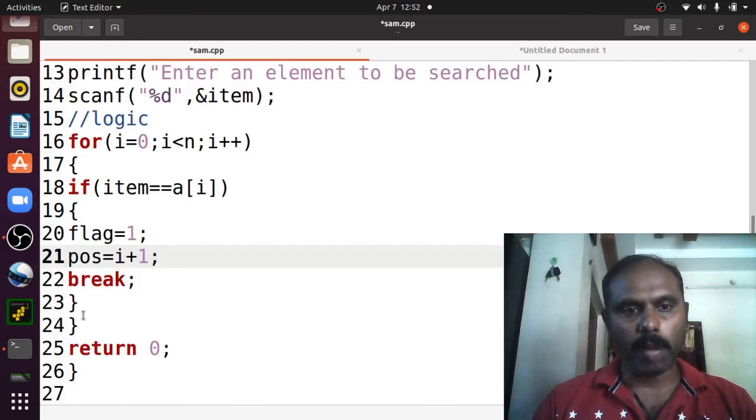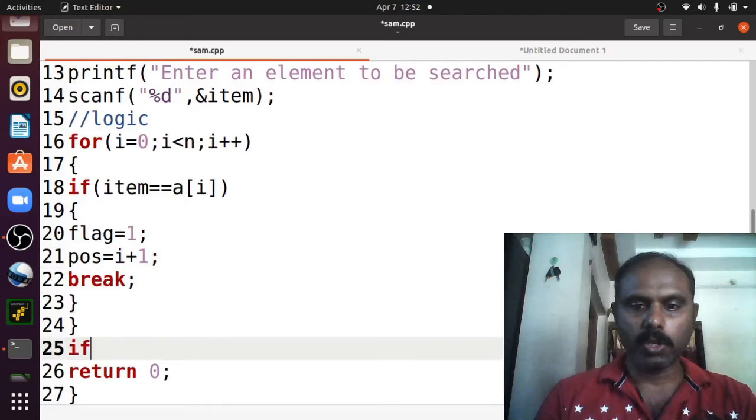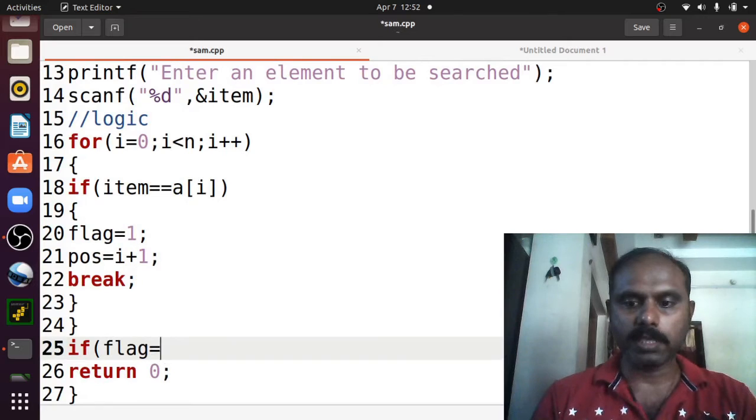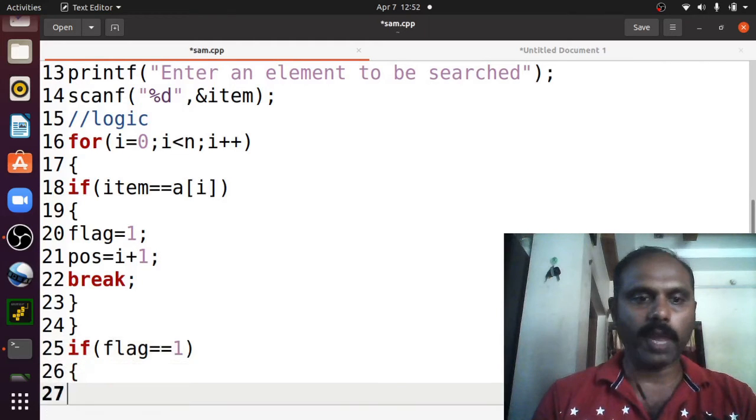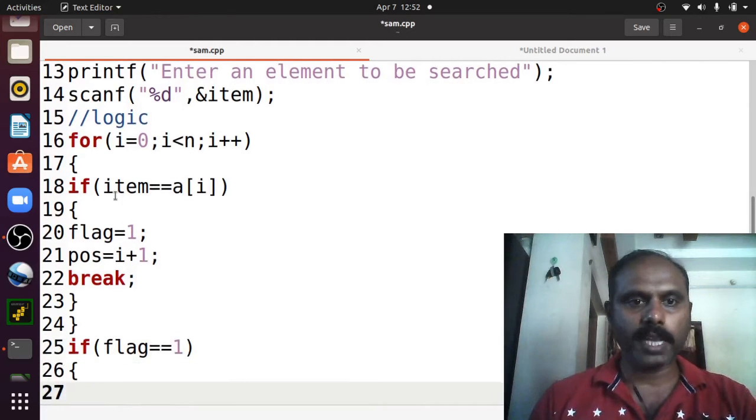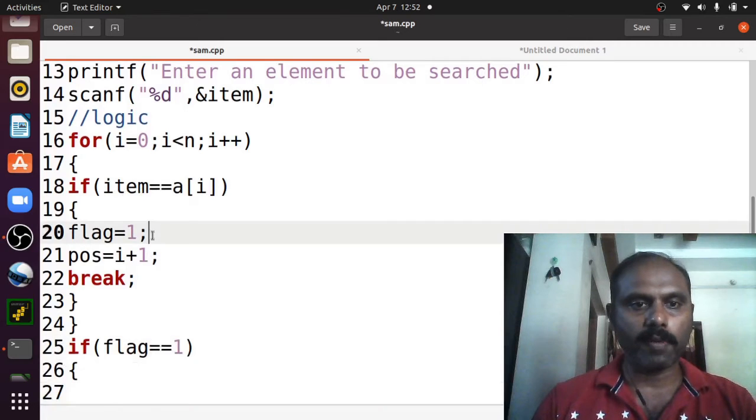Finally, when you come out from this particular loop, your flag will tell you whether this element is present or not. If the flag is 1, it means you have entered into this particular block. If this condition is true, you will get into this block.